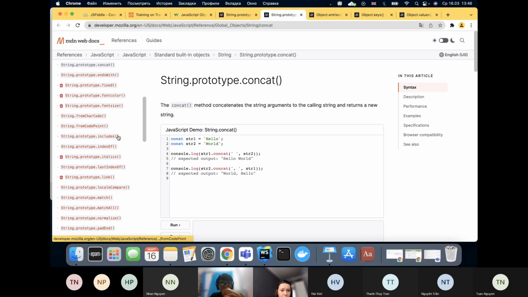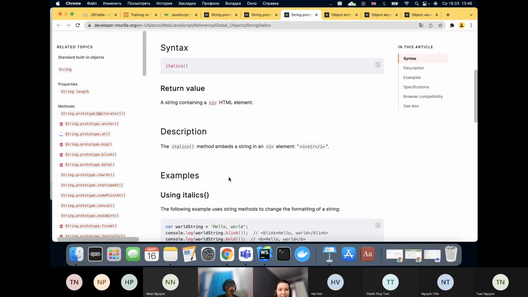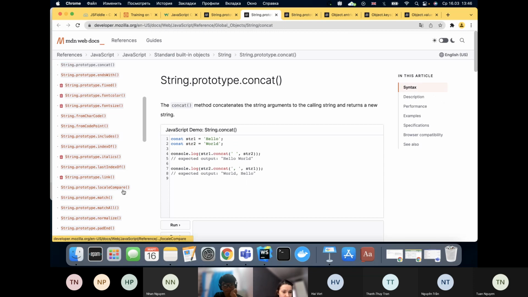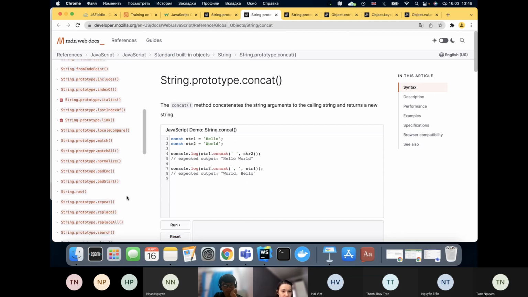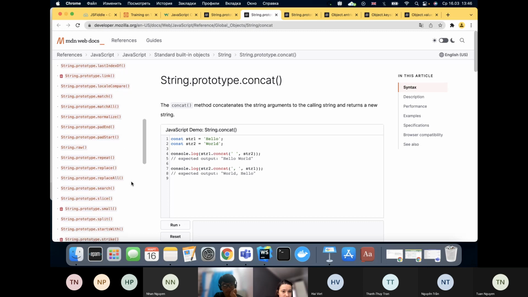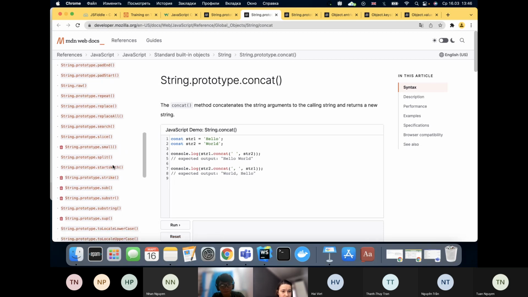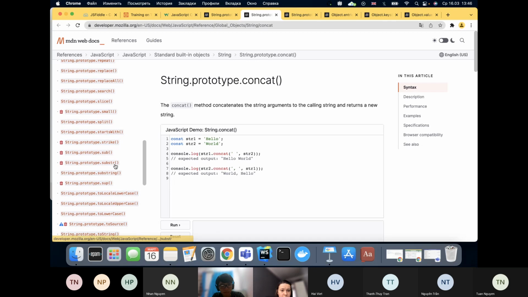So includes is very often useful to use, indexOf, also italics, to be honest, no. It seems like you might use it just for converting to some HTML, but no. Match all, normalize, repeat, replaceAll, search, slice, small, split, substring,